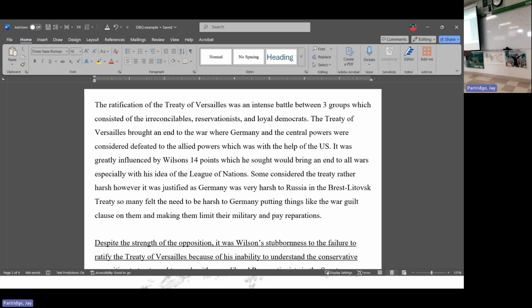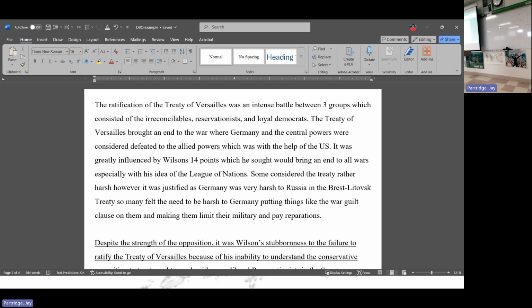And so I stole one because I thought they did a very good job of setting it up. They mentioned that, but then go right on to good context, where they have everything from the War Guilt Clause, League of Nations, Brest-Litovsk, great background information, the events that led up to the treaty. That shows a series of events that you understand, and therefore you're showing off to me, the assessor, whoever it might be, that you know the material, and going through this led to this, led to this, and then talk about the treaty. Talk about the ratification battle. It's a very good job of doing this.